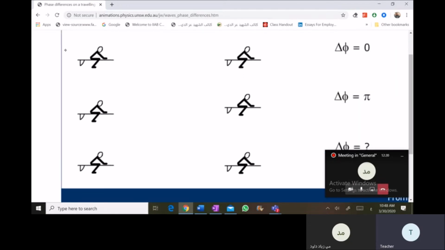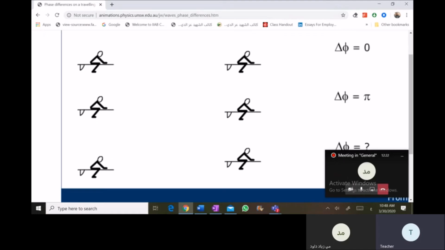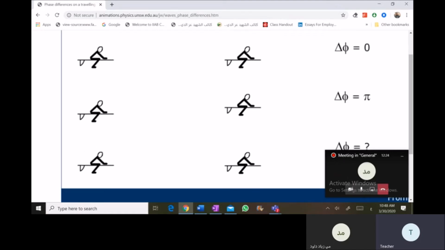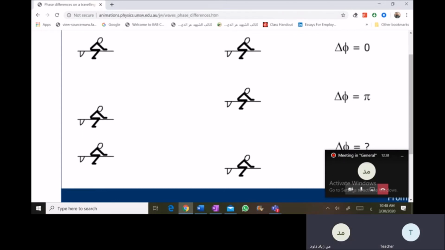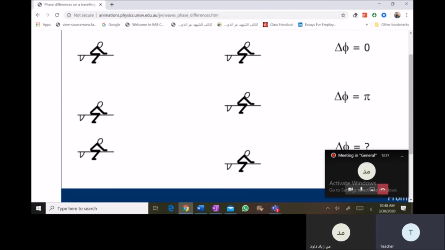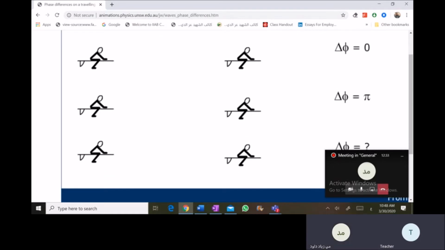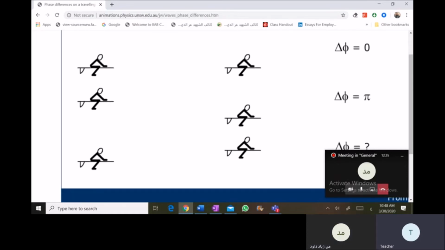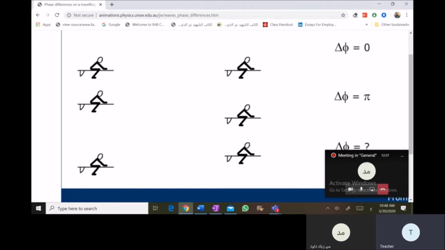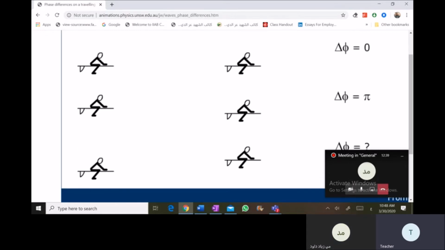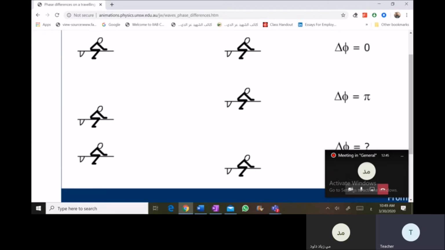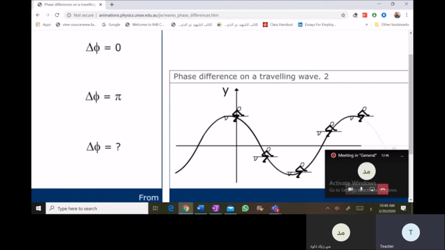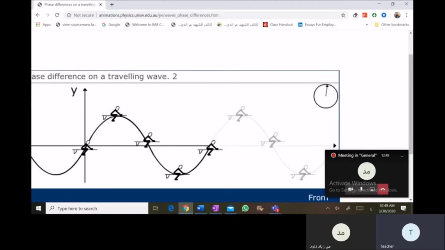First set, these first two particles, they oscillate in phase. And the ones below, they oscillate anti-phase, or totally opposite, meaning when one of them is moving up the other is moving down. The third one we call out of phase. Okay, these are in phase, for example, if I consider this